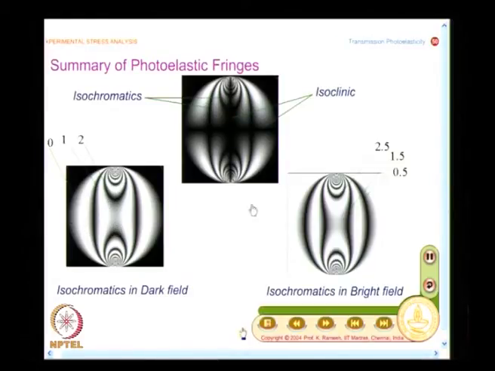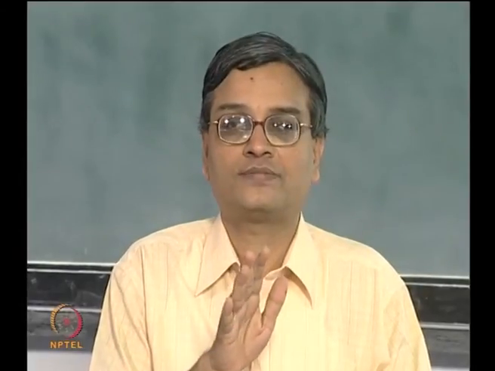The moment I come to the bright field, I label the fringes as 0.5, 1.5, 2.5, and comparing these two figures you can see that they are complementary fringe patterns. What was white here is dark here, and what is white here is dark here. So, in the case of a bright field you label the fringes as 0.5, 1.5, 2.5 and so on. In the case of a dark field you label them as 0, 1, 2, 3 and so on.